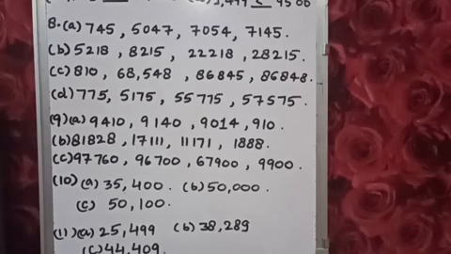Now question 12 and 13 are given. It's your homework. It's a very easy question. Question 12 is write the smallest number using the following digits only once. So in question A it is 2, 5, 8, 9. 4 digits are given and you have to write the smallest number using the given digits only once. Okay, so you try this at home. And if you face any problem in 12 and 13, you can ask in the live classes.